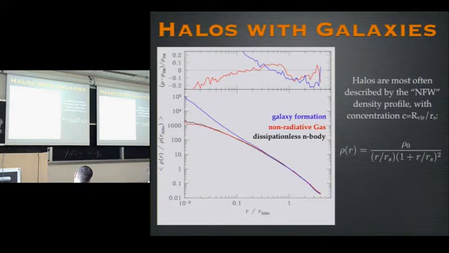It's easier to look at the differences with the non-radiative case in this relative plot, which shows the residual in the density as a function of radius, the distance from the center of the halo. What you see, and what's not encapsulated in any adiabatic contraction model, is that even at the tens of percent level, there's a large rearrangement of mass out to beyond the virial radius of the halo. This is roughly in units of the virial radius. Even beyond the virial radius, there's a 10 to 20% effect of just rearranging the mass in response to the formation of galaxies within the cluster. And that's the basic point.